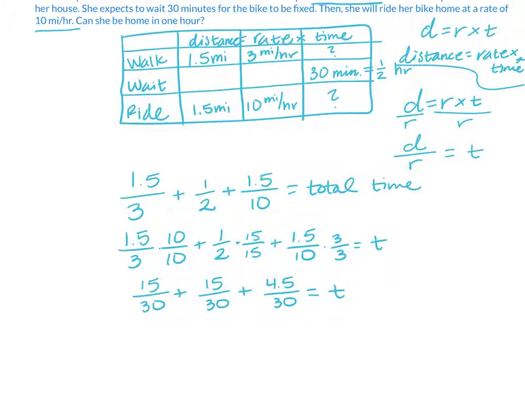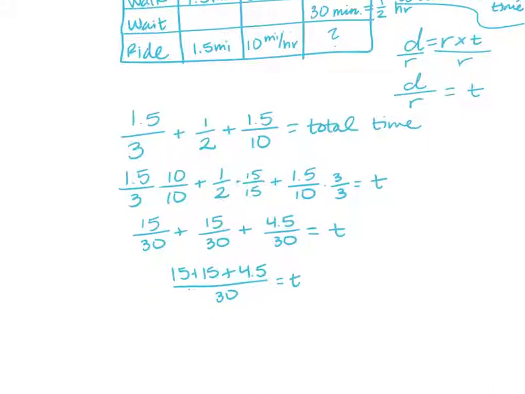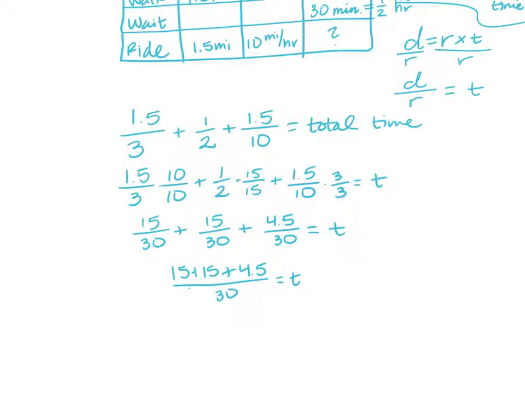Now that my denominators are all the same, I can combine the numerators. So I get 15 plus 15 plus 4.5 over 30 equals t. So t ends up being 34.5 over 30 equals t, which when I divide that, I get 1.15